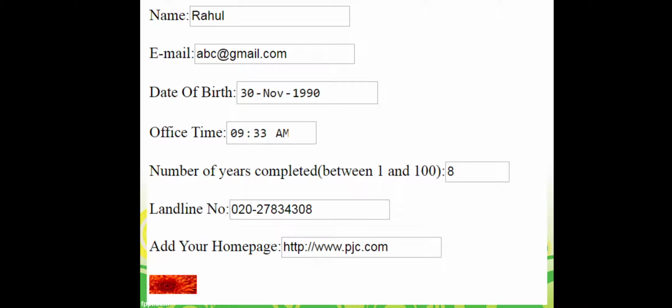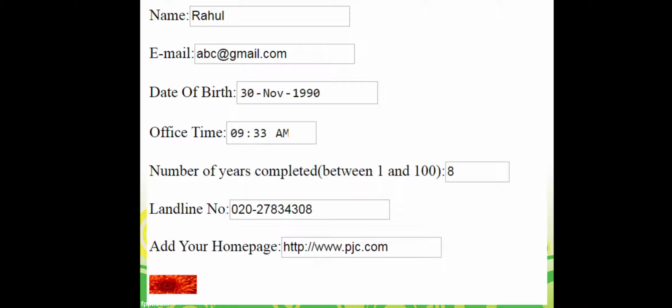Maximum students have made mistake because they have copied the mobile number pattern. Mobile number pattern was first 2 digits for the country code, then a hyphen and 10 digit mobile number. But here what the question was, I wanted 3 digits for the STD code, then hyphen and 8 digits for the landline number.